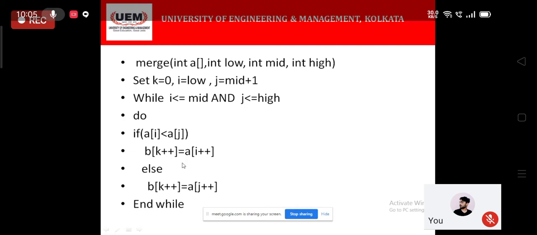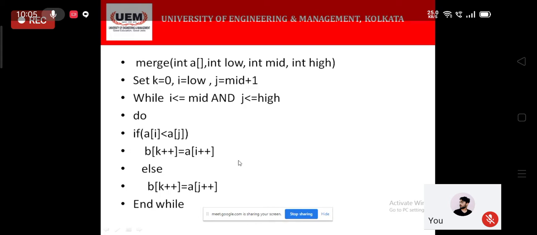B is another auxiliary array required during merge sort to store the intermediate result. So you need to check. Now why have I given the post increment? Because I don't want to write another line with k plus plus and i plus plus. Fine. So A of i has to be copied here. Now as you have taken the ith element, you can increment only the i pointer.